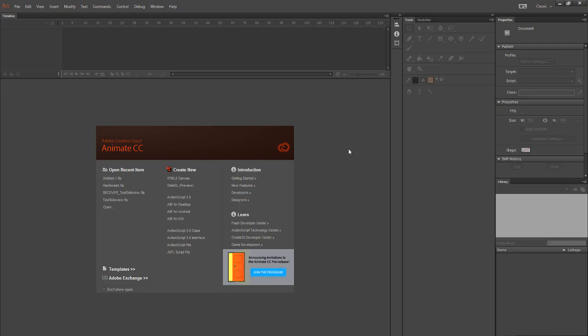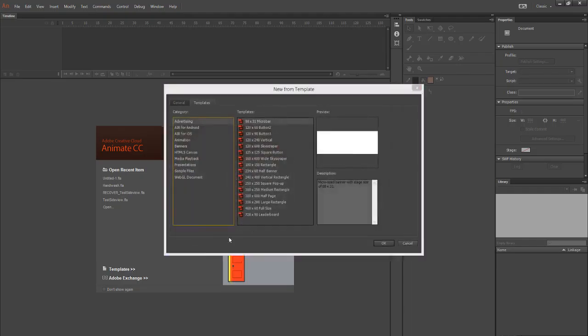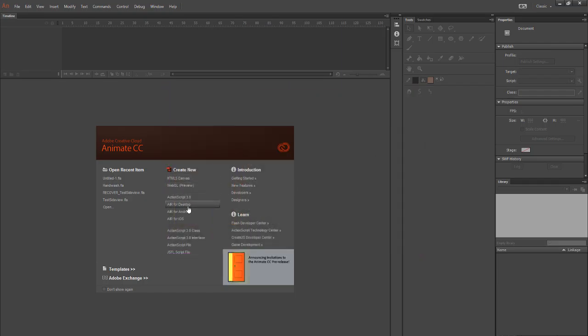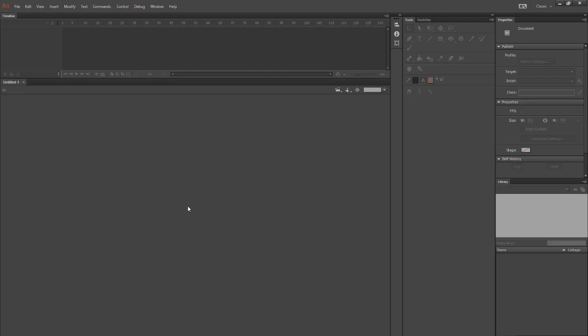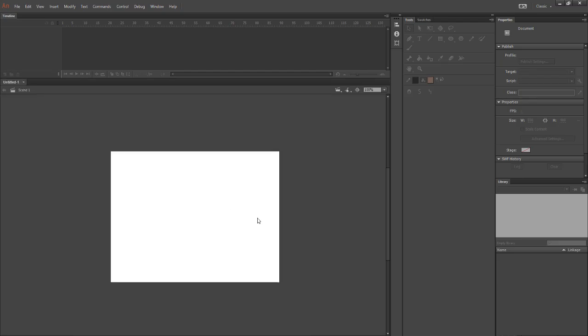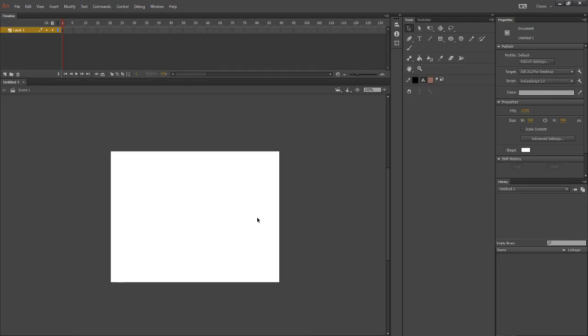I'm excited. I'm terrified, but I'm also excited. I don't really understand what all of these do. I haven't really gone through all the templates and everything. If I look through templates, we've got all sorts of different things. Advertising. We'll just go desktop, I guess. Hopefully it's not super tiny, but if it is, then whatever.